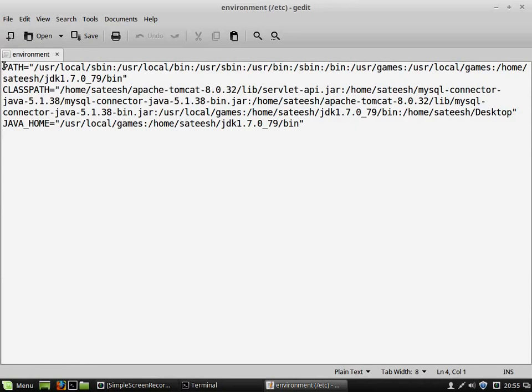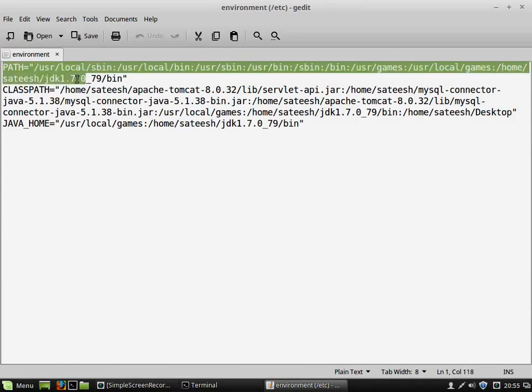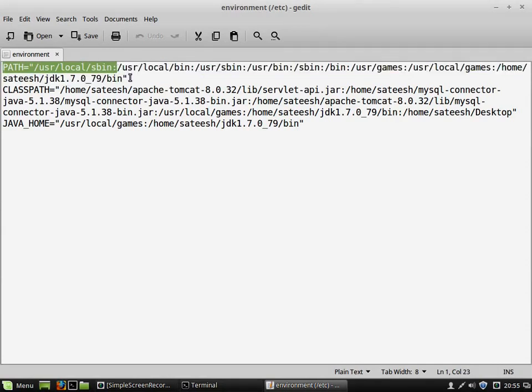If you are using this file for the very first time, you will have only a PATH variable with this particular value. Now you need to embed one more value, whatever we have copied. We have copied this location, the home directory. Under my home directory there is Java. Under bin we have the executables javac and java. To recognize these two commands, we need to set the path like this.